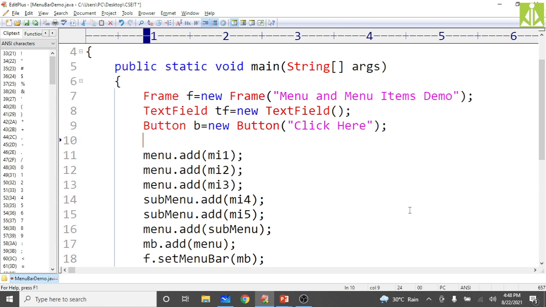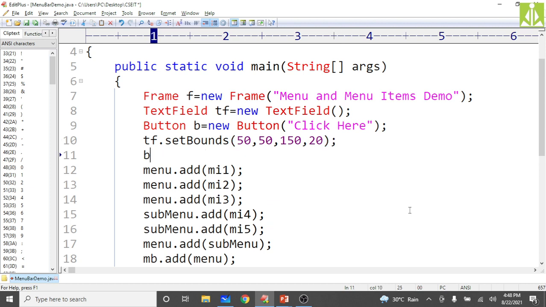We will do that with the help of the setBounds method. So tf.setBounds, first I am setting the position for the text field, giving coordinates like 50, 50, 150, 220. Then set the position for the button, setBounds, same like 50, then 100, then 60, something like 30.